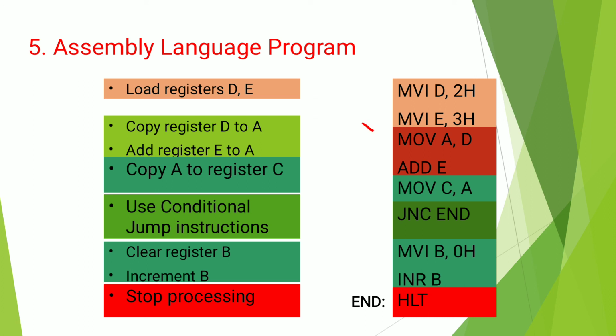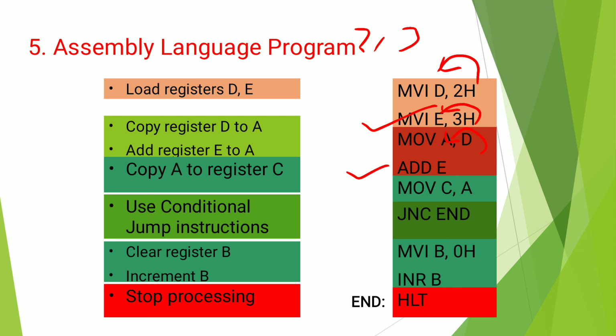This is the assembly language program for addition of 2 8-bit numbers, and carry is stored in another register. Here I am taking the data 2 and 3. First MVI D, 2002H. Move this content into the D register and move the other content into the E register. First we have to take the first data into the accumulator. So the content of D is moved to the accumulator by using the MOV instruction.